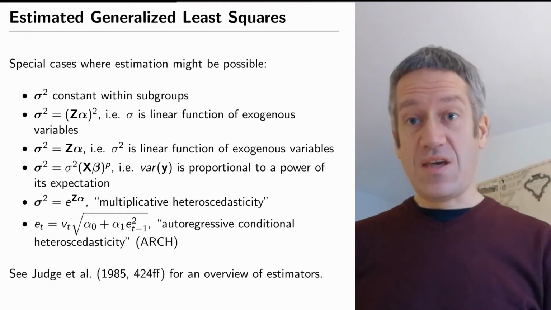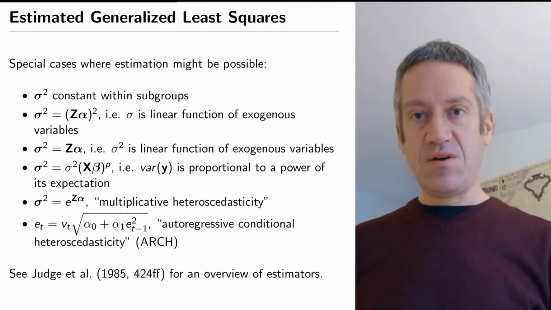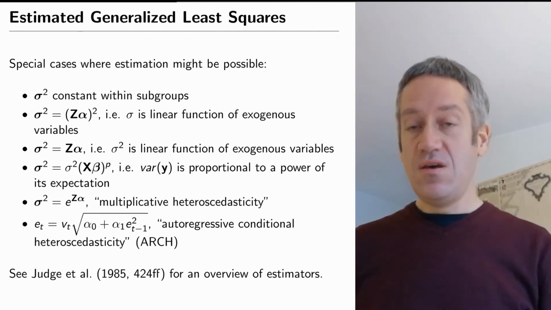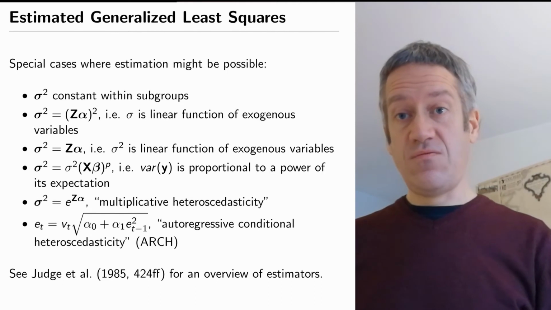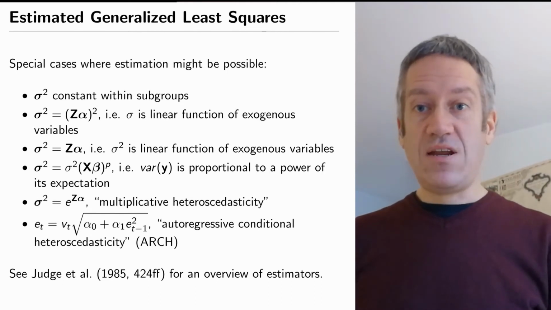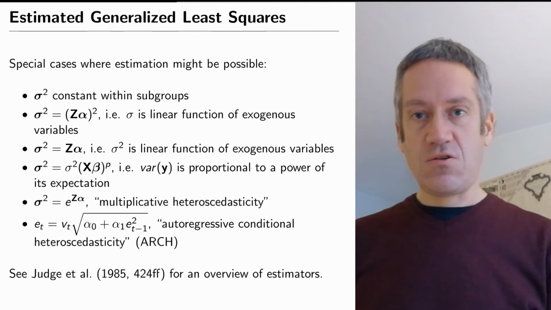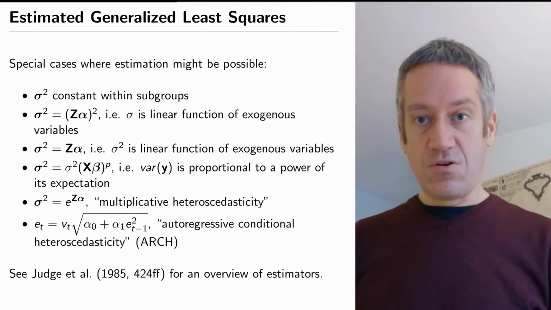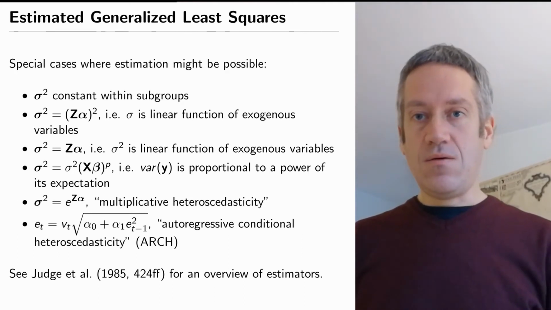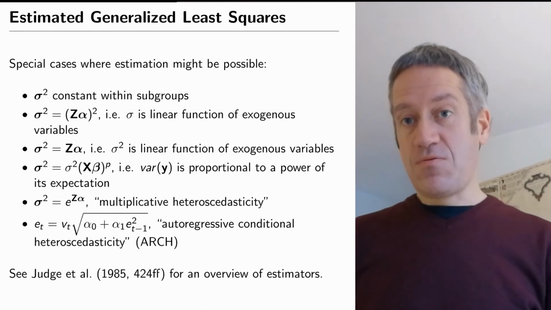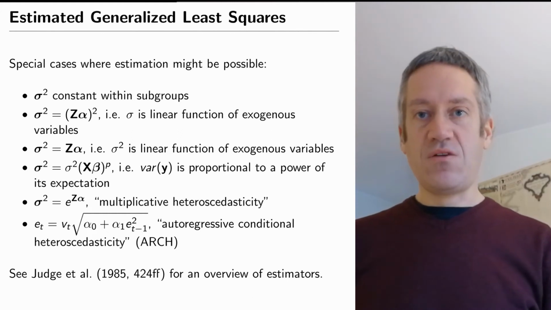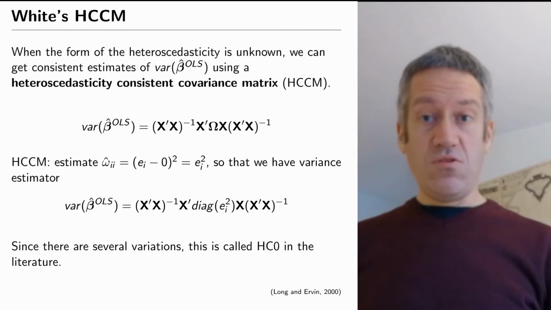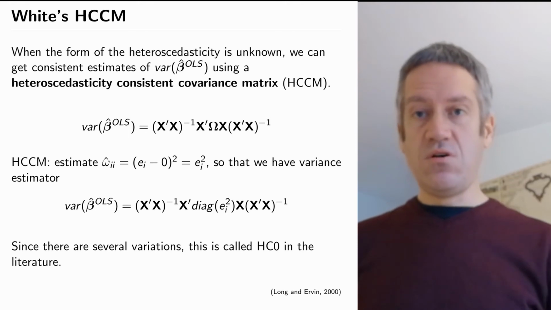So these are all forms of estimated generalized least squares. We will not discuss them in any further detail beyond this slide in this course. It's just for you to know that when you know there is a particular reason for the variance to differ, because it's correlated with firm size, because it's correlated with shocks in the system, because certain groups are different from other groups, and so forth, then perhaps there is a model available that specifically deals with that type of heteroskedasticity. There's also one more general solution, and some colleagues even recommend to always use this instead of regular OLS